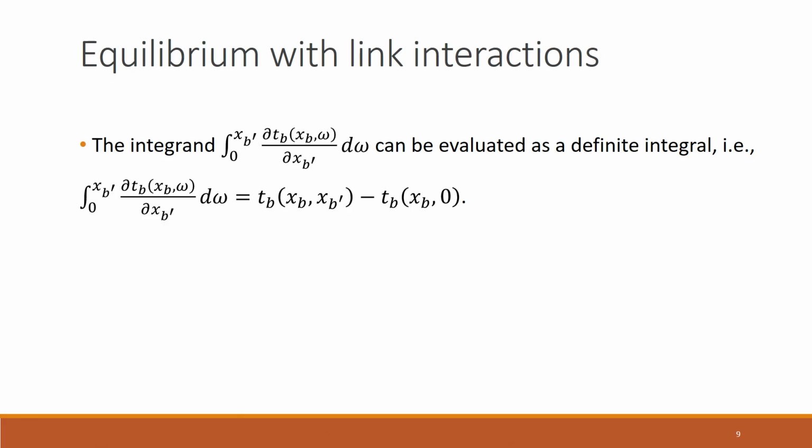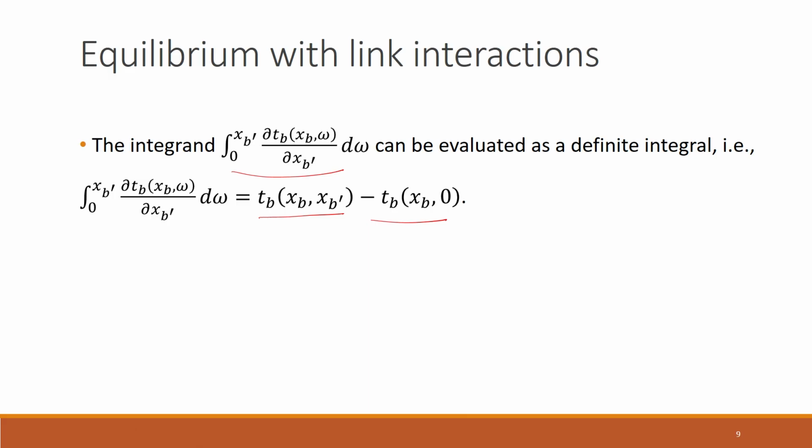This integrand can be easily evaluated as a definite integral. We can now take these limits of the integral. When we put that in, we get one term as the travel time on link B, which is a function of the flow through link B and the flow on the opposite link B dash, minus the travel time on link B when the flow on the opposite direction link is 0. With this, we have evaluated the integrals